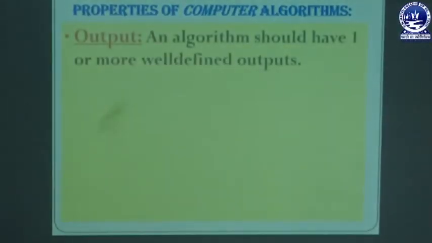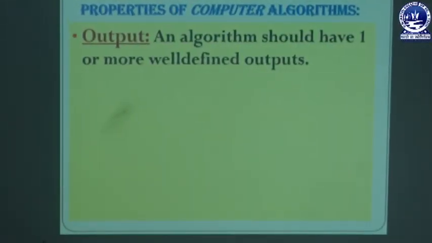If we are going to give some integers, then the input should be a positive or negative number, or it may be a 0 or whatever else. So we need to give some precise or well defined input to the algorithm. That is the characteristic of an algorithm, that the input should be 0 or well defined. The next characteristic of the algorithm is output.